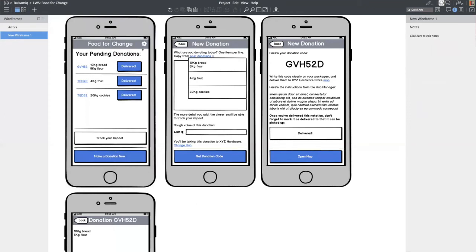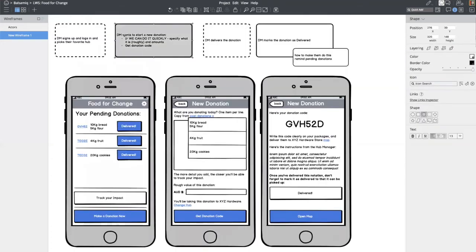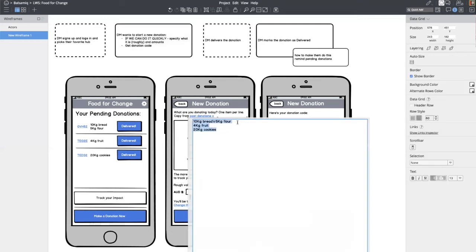Okay. Here I put a link to the settings, where they can choose the different hubs, and their email and all their login info, et cetera. So let's go back to where we said. Once to start a new donation, if we can do it quickly, what it is roughly and amounts and donation code, get donation code. I think we did that. It is quick. If you always do the same stuff, you can do it with one or two clicks. If not, you type something and here we can do